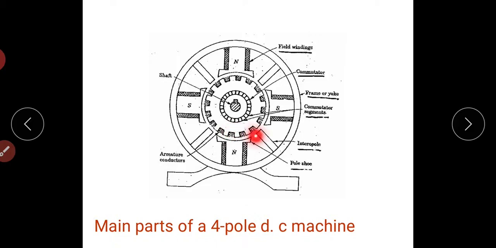Next, this construction, you know, is the pole shoe. Next, this is the armature core. Completely, this one is the armature core. The armature core has slots. The outer surface has a number of slots. Inside the slots, circle symbols are there. Those circle symbols mean armature conductors. So these are armature conductors, and this construction is the armature core. This mid part is the shaft.